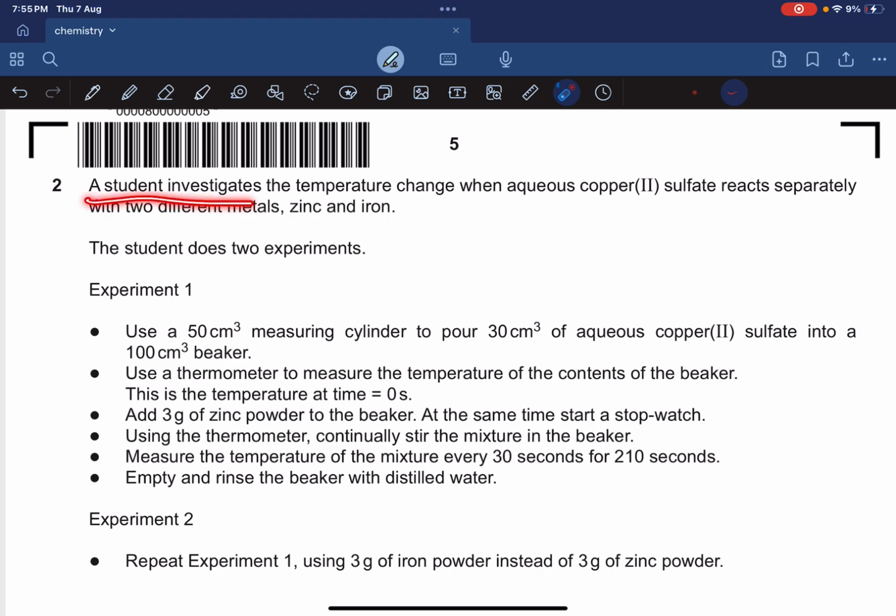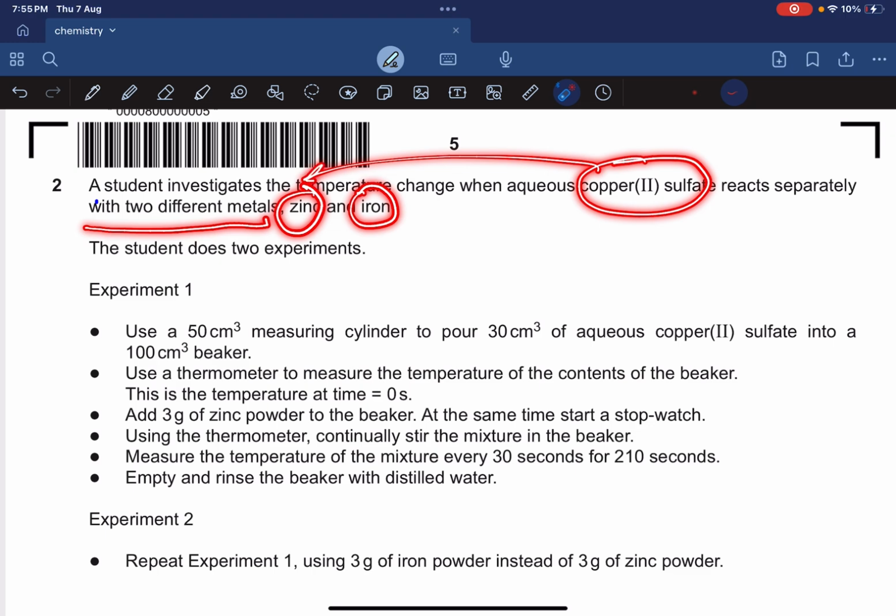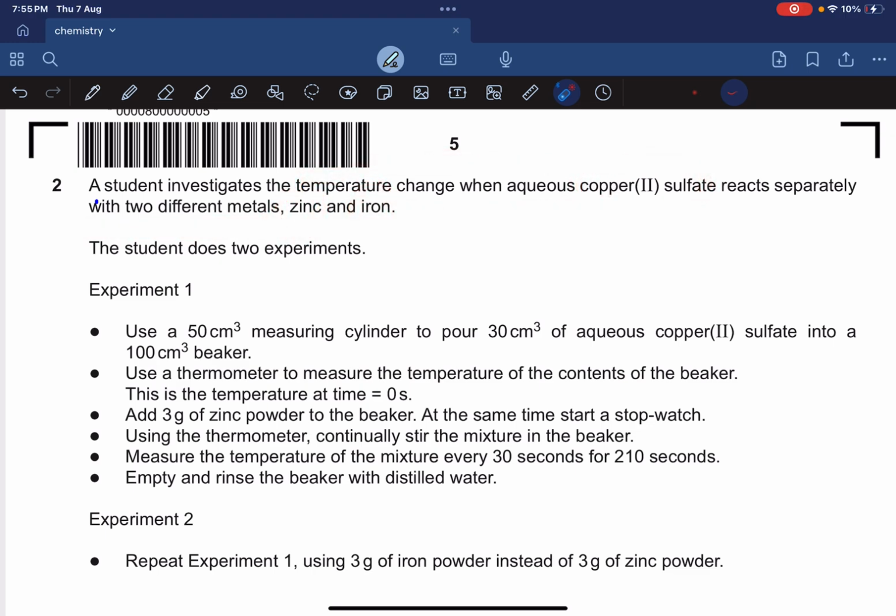A student investigates the temperature change when aqueous copper 2 sulfate reacts separately with 2 different metals, zinc and iron. So we have this substance that's reacting with zinc and then iron, and the student basically investigates the temperature change. The student does 2 experiments. Experiment 1, use a 50 cm cube